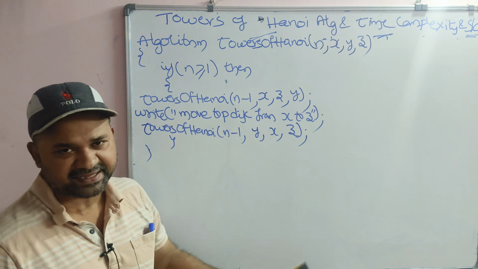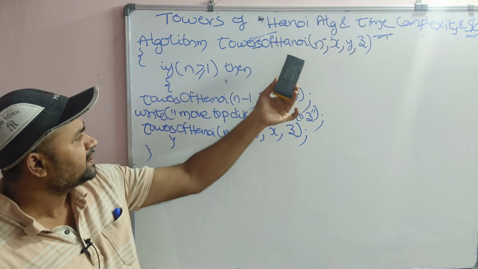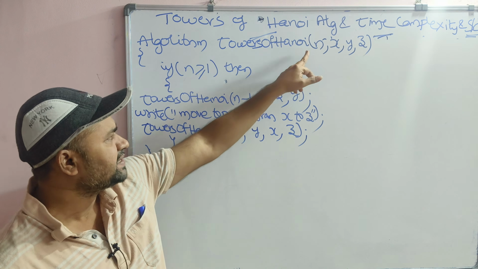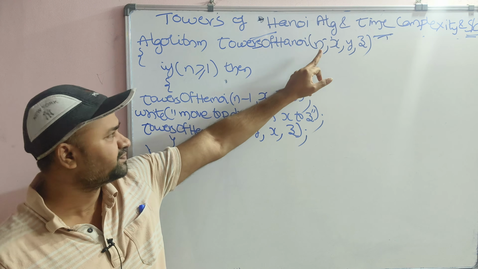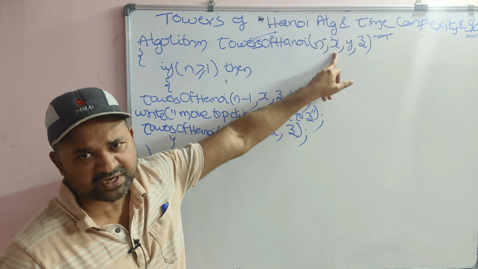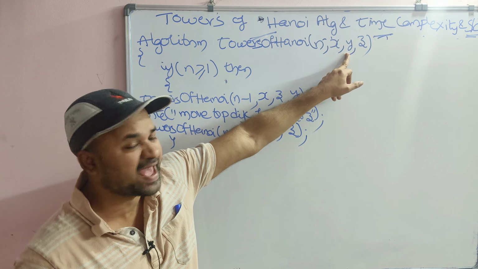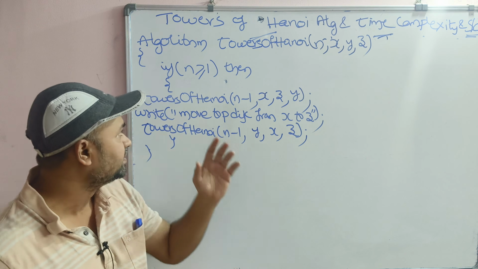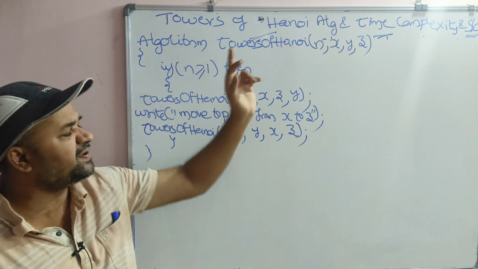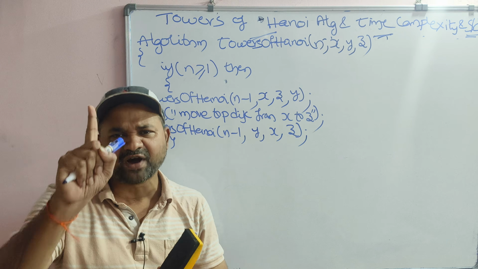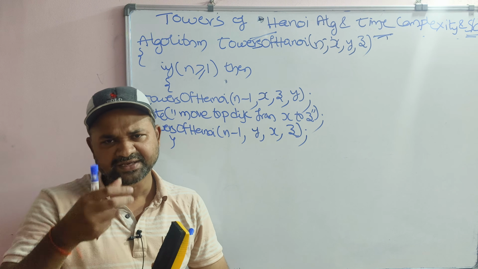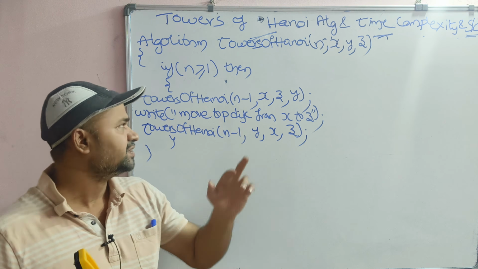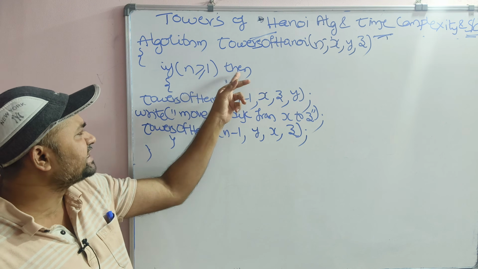So this is the algorithm. Algorithm Towers of Hanoi accepts 4 arguments. n represents the number of disks, x represents the source tower, y represents the auxiliary tower, z represents the destination tower. Next, if n is equal to 1, then only one move is needed in order to move the disk from the source tower to the destination tower. Whereas if n is greater than 1,